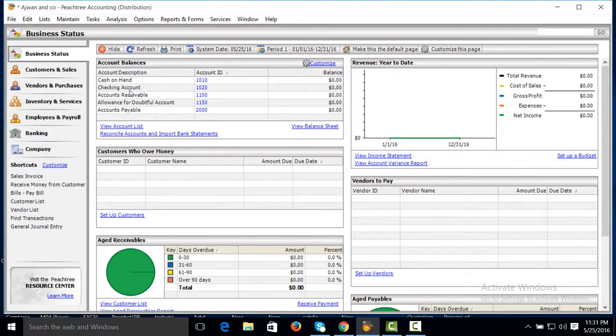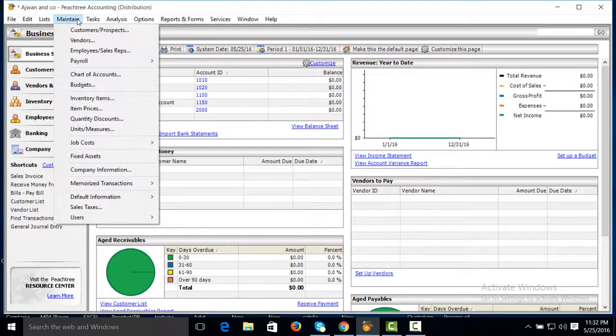Because the dashboard you are seeing here will be completely changed when you go to any company, because in that company Peachtree will be a registered version, and there the dashboard will be completely changed. Therefore the above menu can never be changed anywhere. Therefore we will work in this menu.